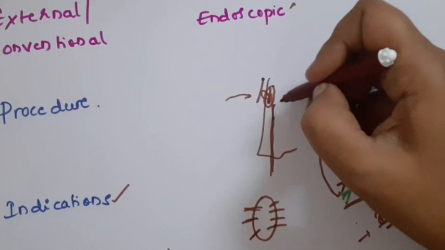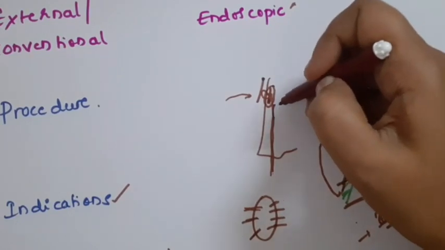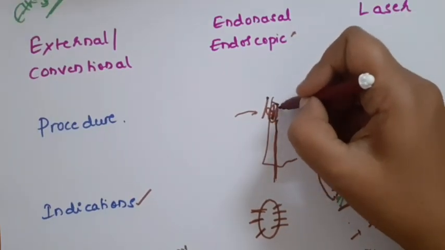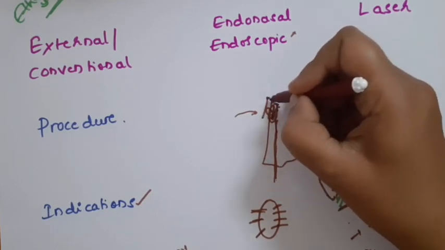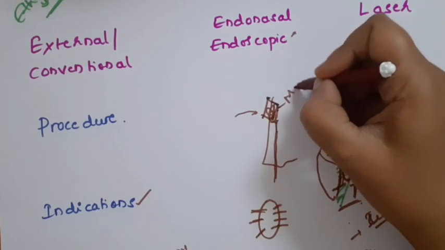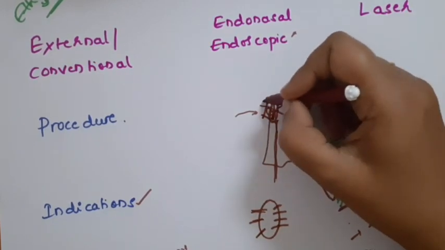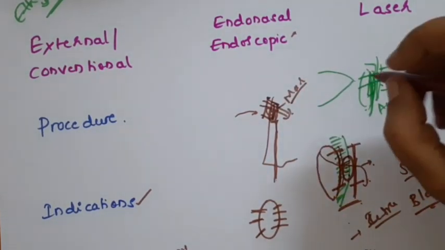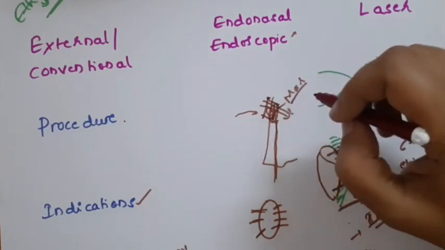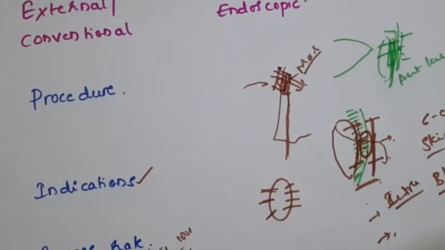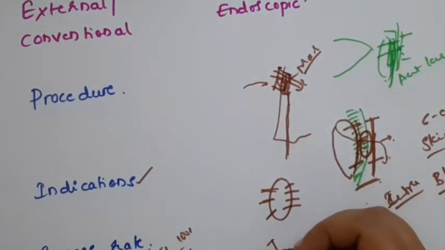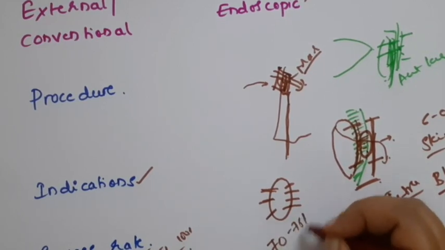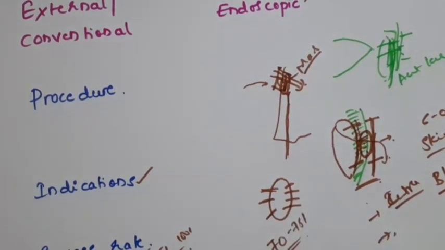But that is not happening in case of endonasal or the endoscopic DCR. So the flap what you have created is trimmed, okay, from both the nasal side as well as from the lacrimal sac area. So it is like a marsupialization of the sac. So it is in direct continuity with the nasal cavity, but there is no mucosa which is lining there. So the chances of blockage because of the fibrosis or the inflammation are little more in case of endonasal DCR. The success rate is almost 70 to 75% in endonasal or the endoscopic DCR.